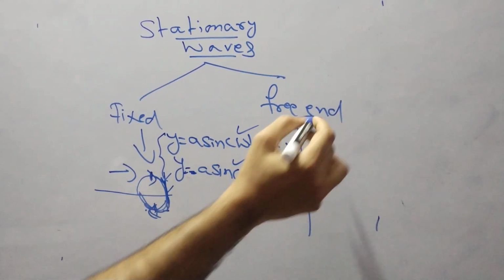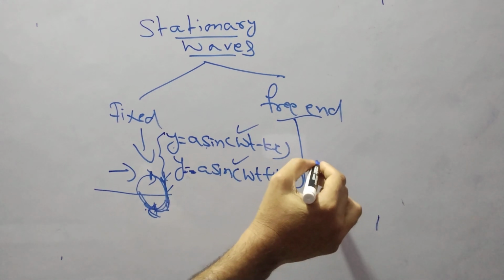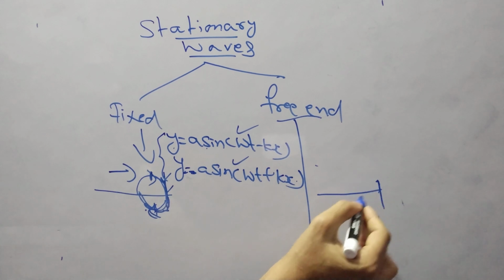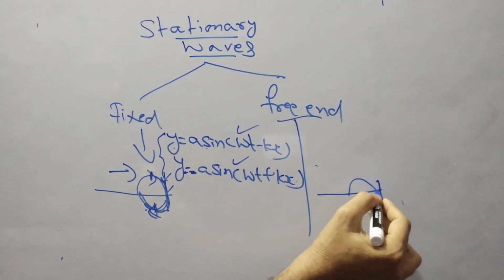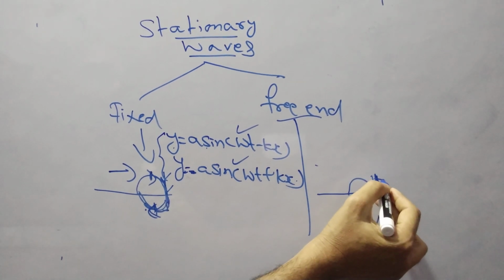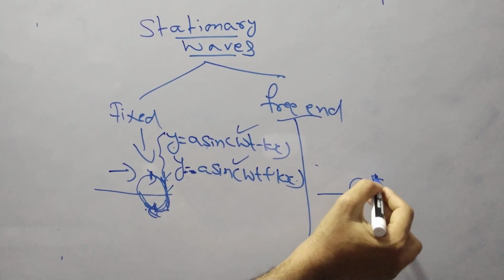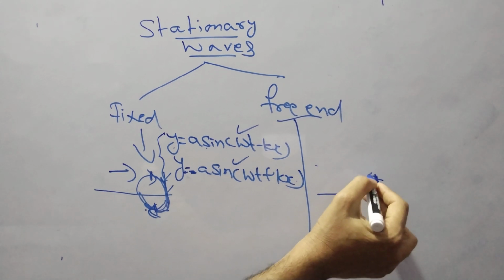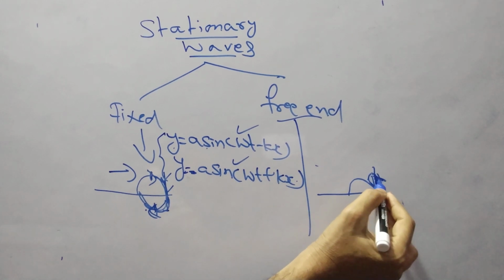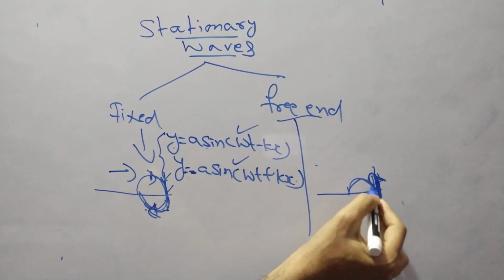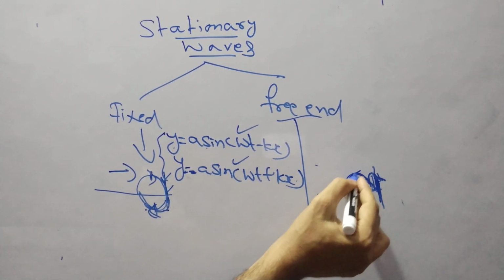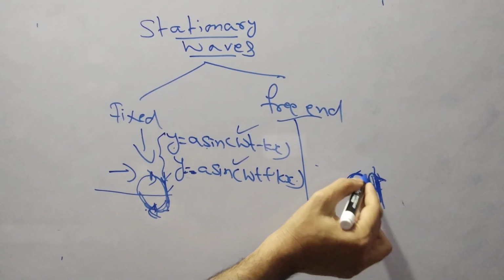So when it is a free end, this equation is the same. A free end means this thin plate here. The wave is coming here like this, and because of this thin plate, the plate will bend like this, and the wave will go up to here on the bending of this thin plate, and it will reflect back in the same propagation, but in the reverse direction. So the wave is going in this direction, it is coming.